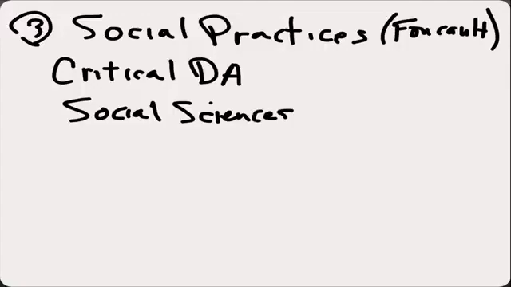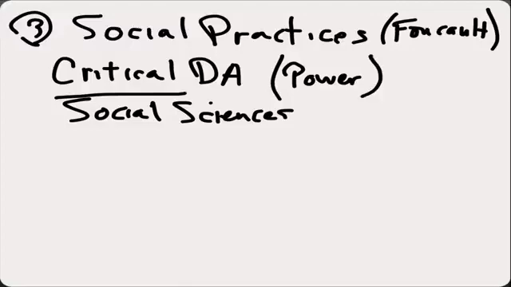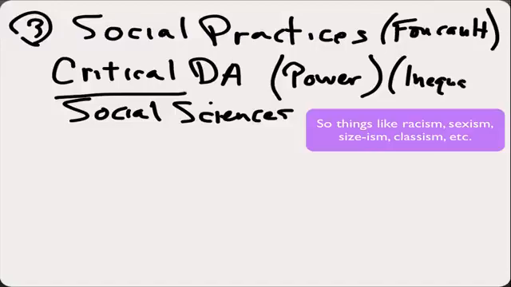So sociologists, communications, education, lots of different disciplines are looking to this type of discourse analysis to understand particularly critical issues. So it would be issues of power relations oftentimes, and how inequality plays out